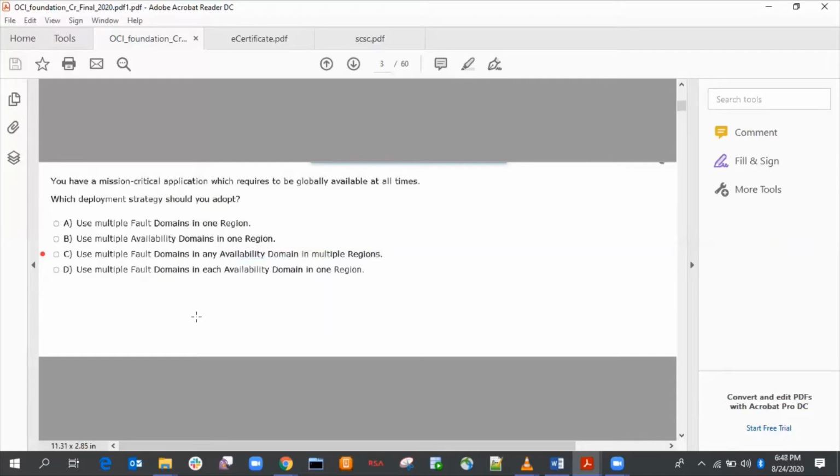You can have your availability domain in multiple regions so that if one region comes down, you can use another region. So your data will be available in the other region.